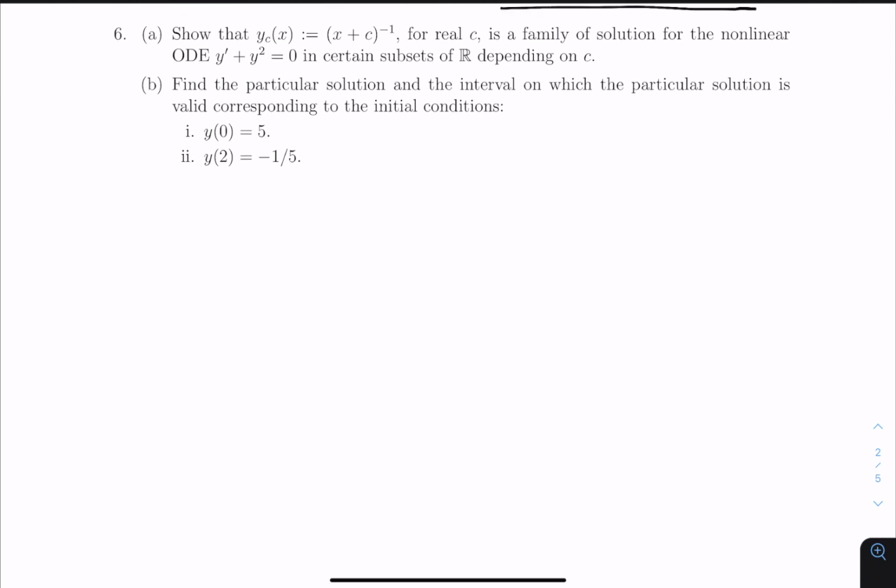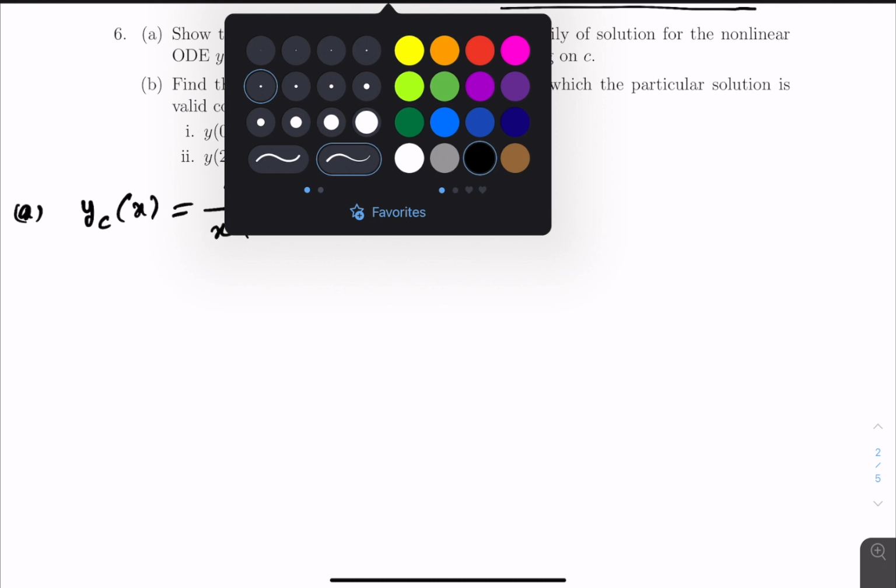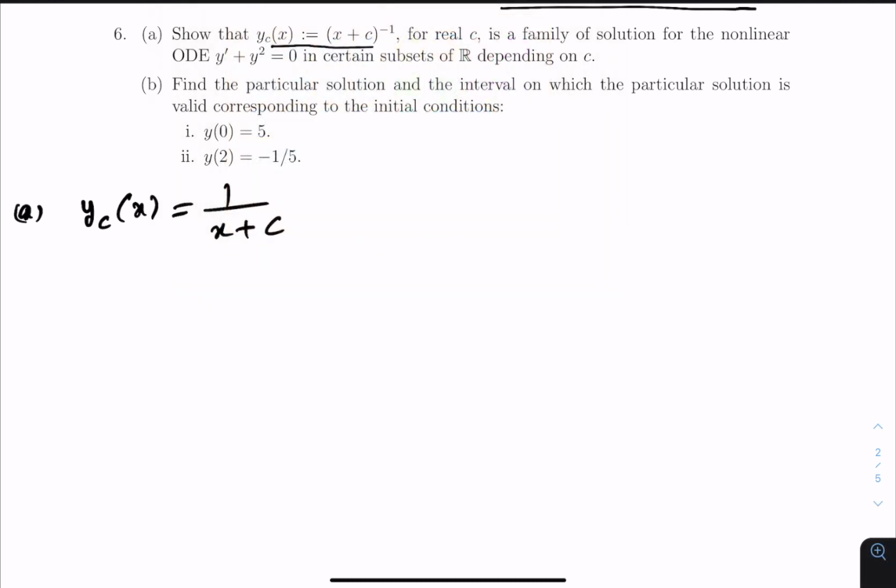So what is 6a? 6a is asking us to show that this y_c is a solution to this differential equation y prime plus y square equal to 0, okay. So you have a one parameter family of solutions and we need to show that this solves this differential equation. So basically, and this is a non-linear ODE, okay. So we just have to verify that this is